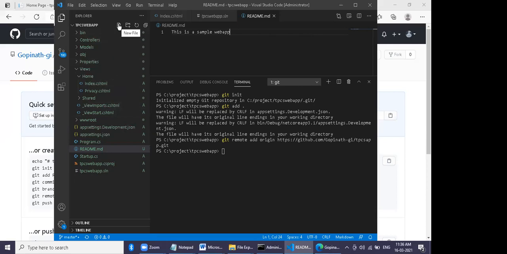Run git add dot. Hit enter. Now say git commit -m, then a message in double quotes, any message. Hit enter.